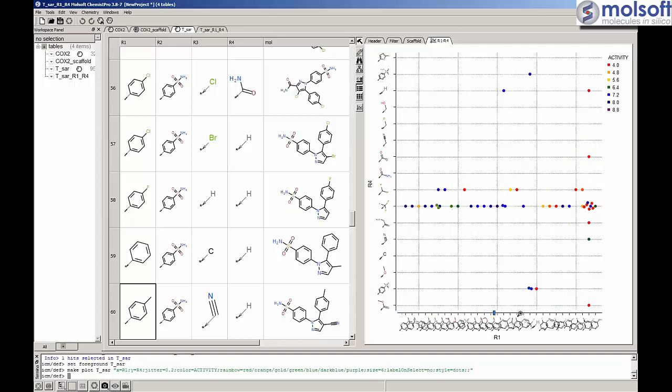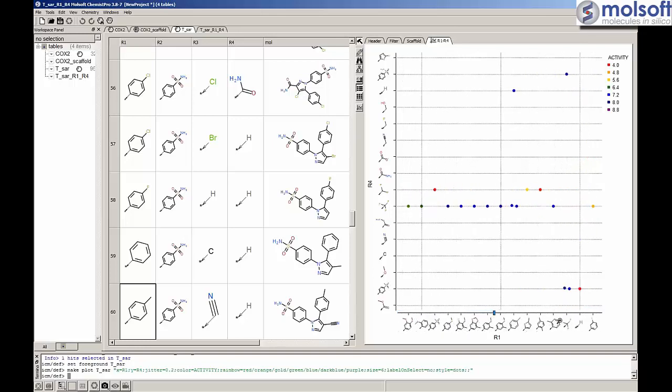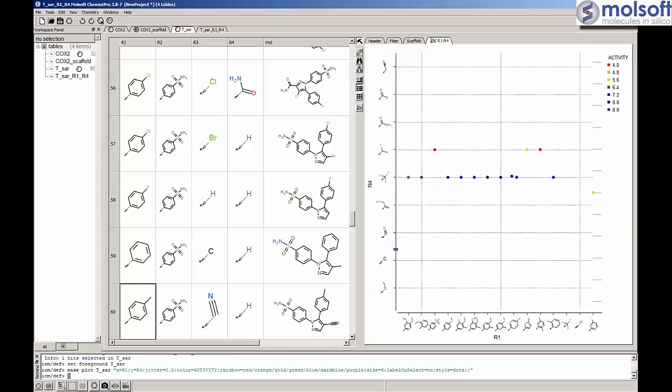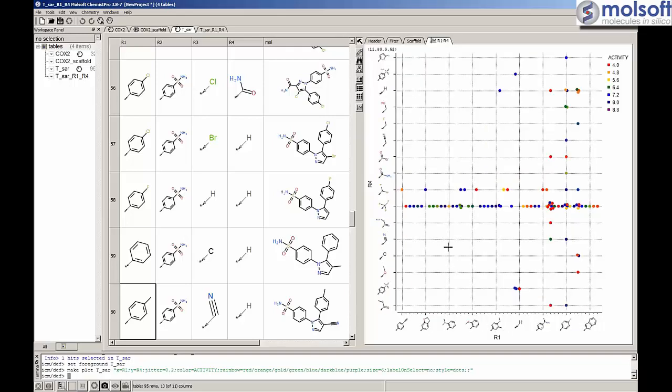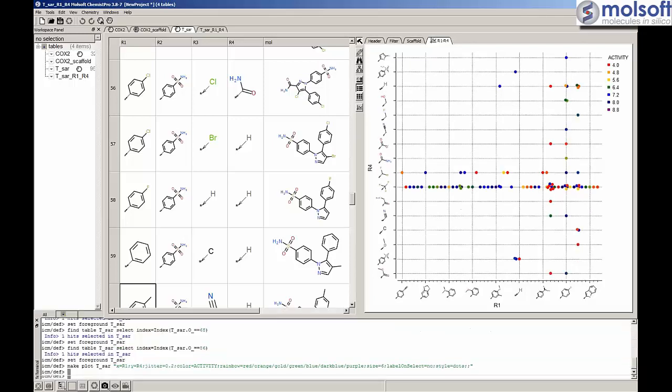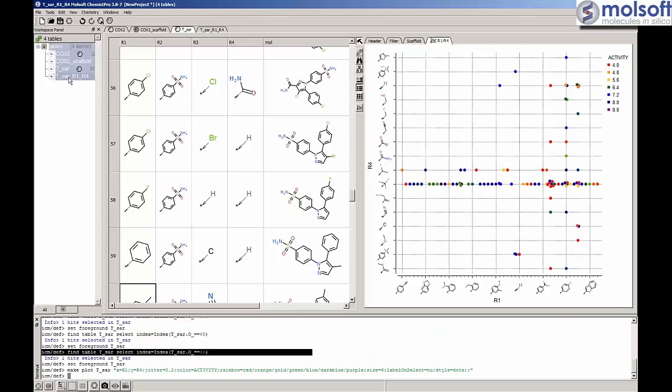You can zoom using the mouse on the axis. Basically everything else is pretty much standard. It's a standard plot which you can use not only with this kind of table, but with any other spreadsheet you have in ICM Chemist. So that pretty much concludes the topic about 2D SAR analysis, and now we can switch to the activity cliff analysis. Let's get rid of these tables,